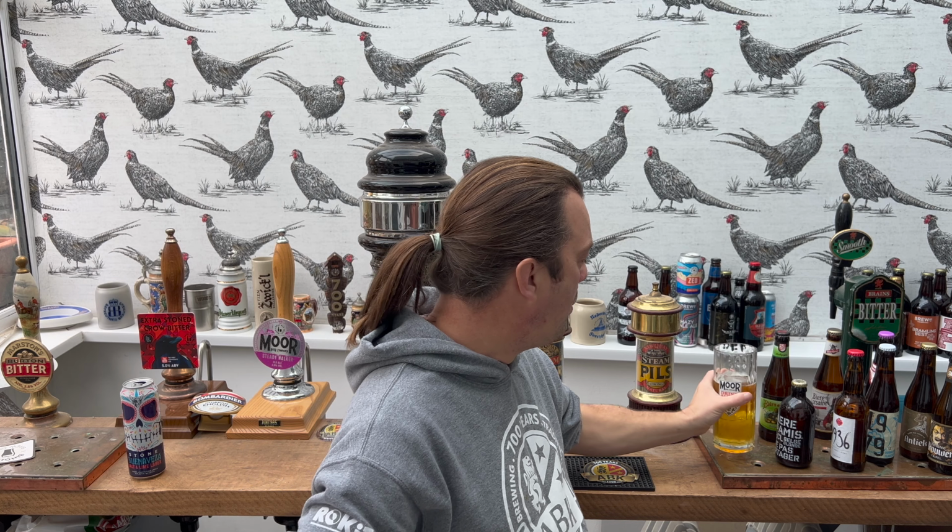Carbonation pushes the beer around the inside of the mouth, releases more of the flavour. Super refreshing, light, crispy, little bit of light, crisp malt flavours coming through, a little bit of a lime flavour coming through, a little bit of salt. There's nothing really more to add to that, other than